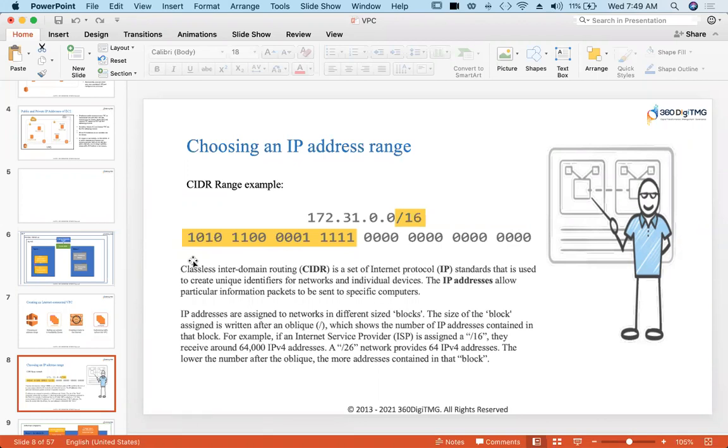If you open your laptop, if it is a Windows laptop, go to command prompt and say ipconfig, it will give you your IP address. I think we already discussed private and public IP addresses, right? So a private IP address is assigned by your router, whereas a public IP address is your network's IP address.